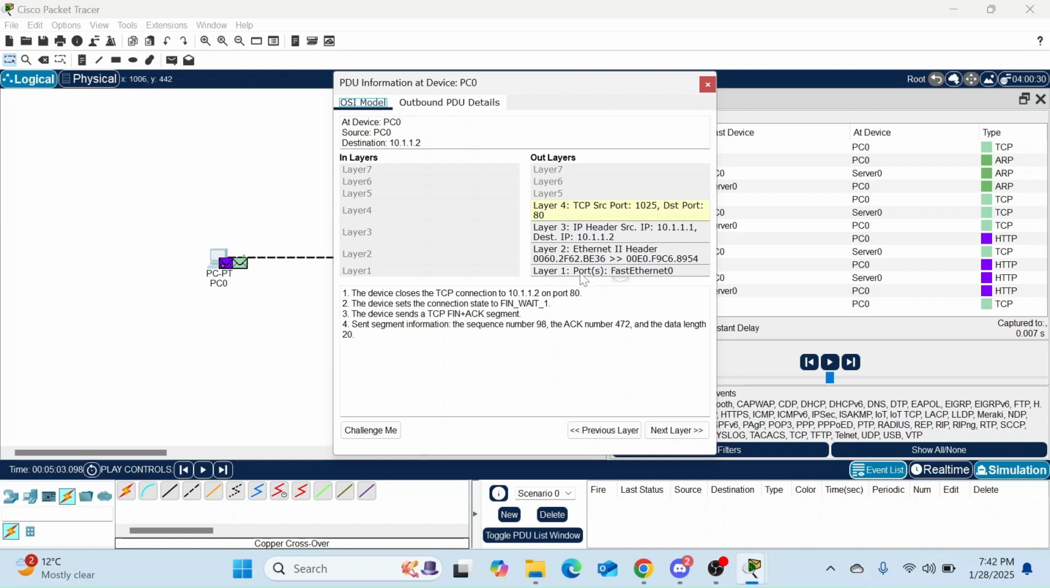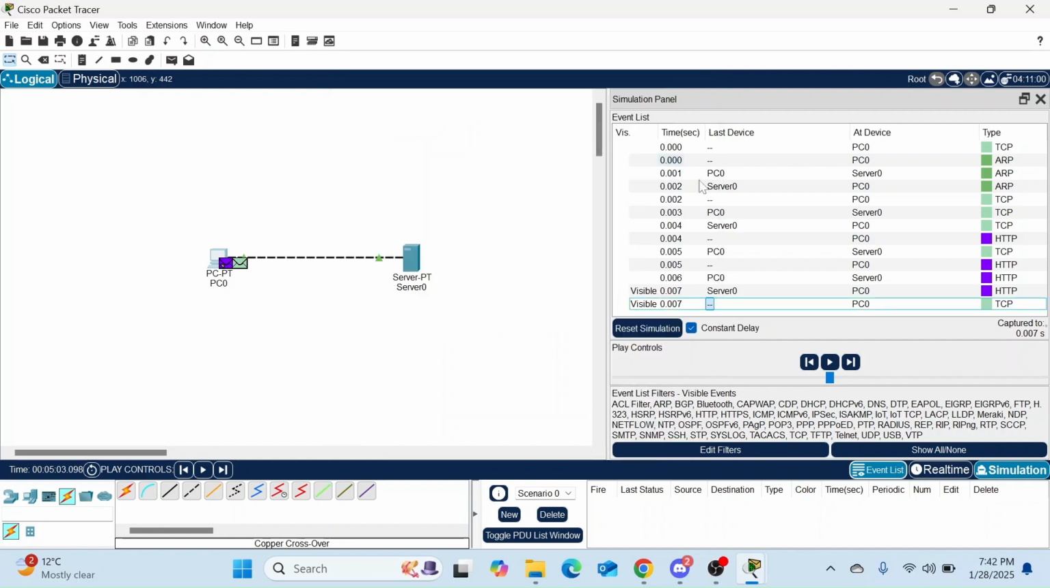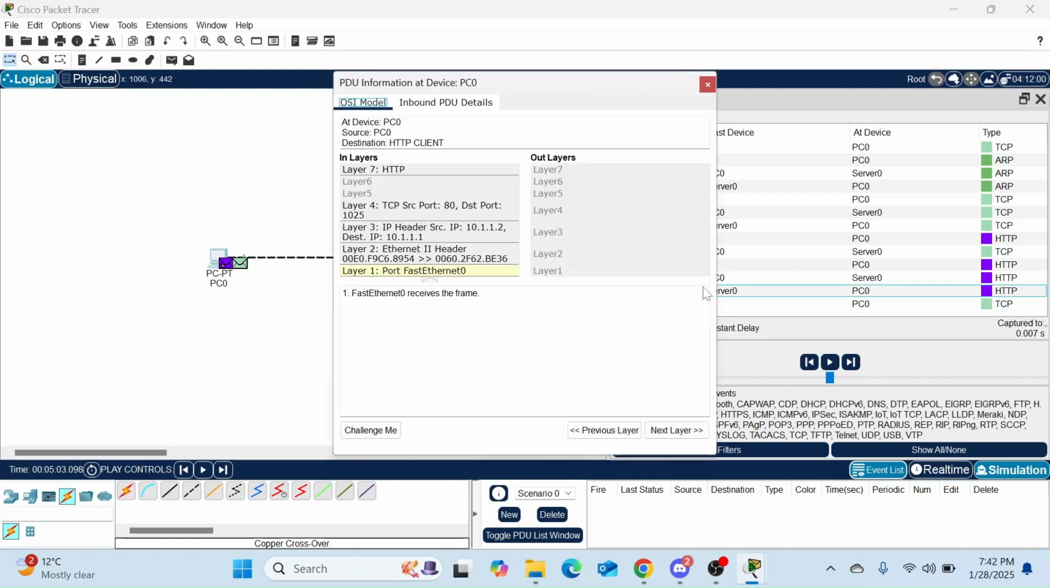So we have the first layer, physical layer, then the data link layer, and then the transport, and then on the top we have TCP, right? And in that TCP, the source port is 1025, and the destination port was 80, because we were trying to communicate using HTTP on port 80. All right, and if I look at another packet, you will see that this is very interesting,